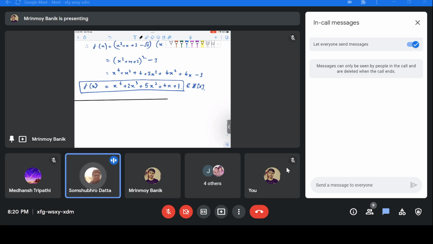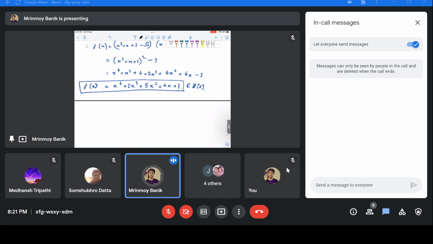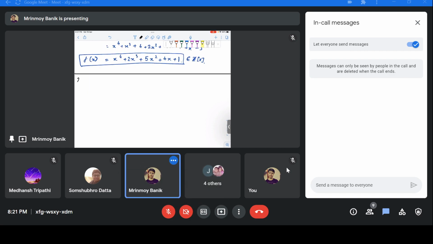Sir, double root meaning? Repeated roots, that is, the factor containing that root has to be more than one, that is double, so it's squared. So second problem is,